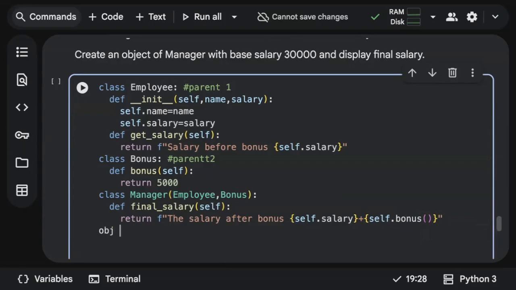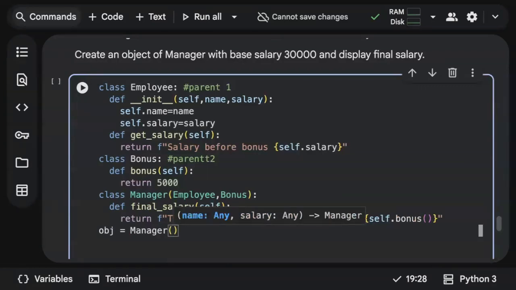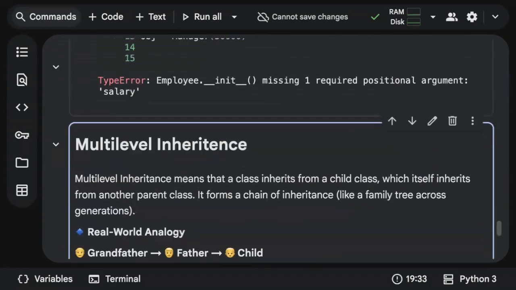So finally, I'm going to create an object in the name of manager, because manager has access to both employee as well as bonus. So I need to pass the actual salary. Let's say, for example, the actual salary is 50,000. And if I try to run this,